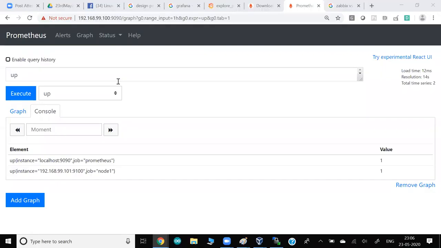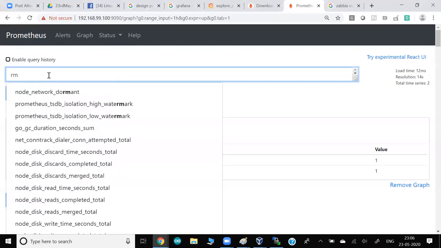Prometheus looks like a RAT tool, but it's not a RAT tool. A RAT tool is a remote access tool. If you want to access some remote system, there you use RAT. Here I can see the information, but I can't access the system. If you say you would like to run the rm command to remove an old file or directory, you can't do it from Prometheus.